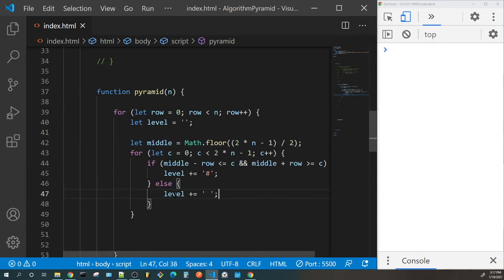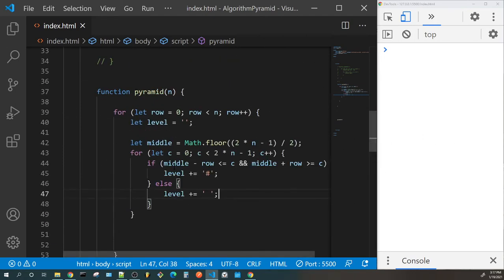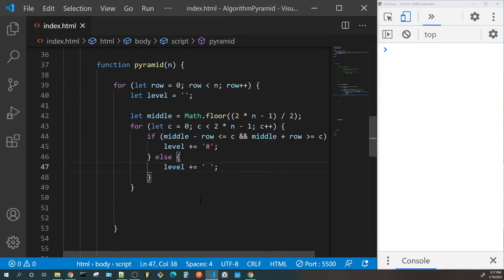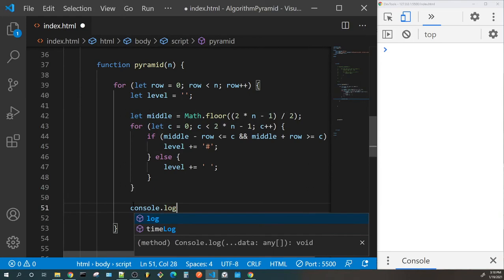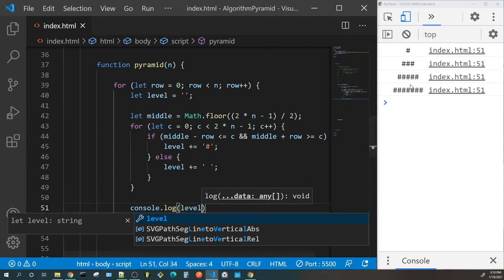Save it. And let's see, we already got this for. Yeah, so then you see our first for loop, we want to be still inside of it, but not inside this one. So we console.log level. Save that. And as you can see, 1, 2, 3, 4 right here. Because we